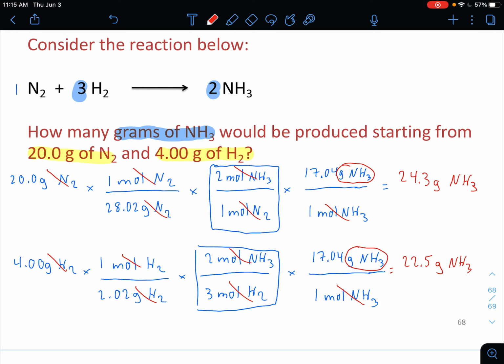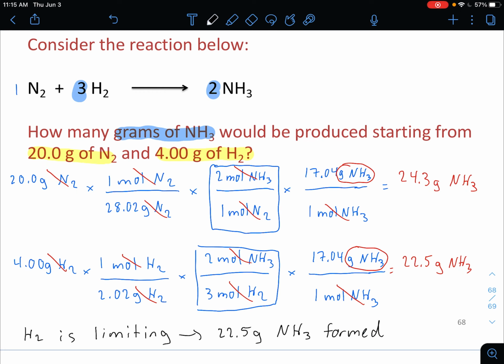So then in this case, I guess we would say H2 is limiting, 22.5 grams NH3